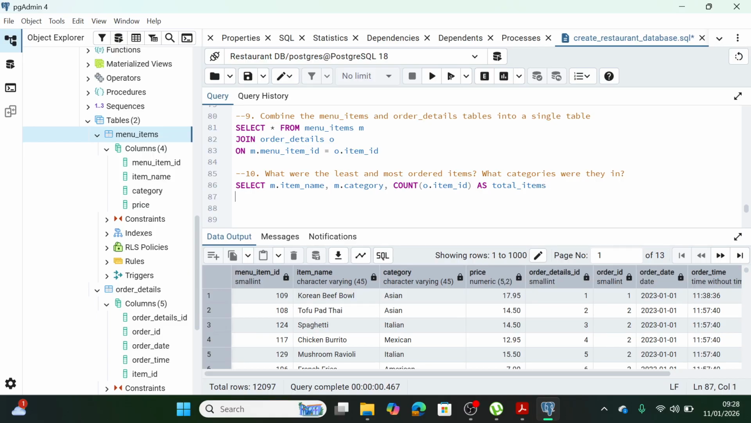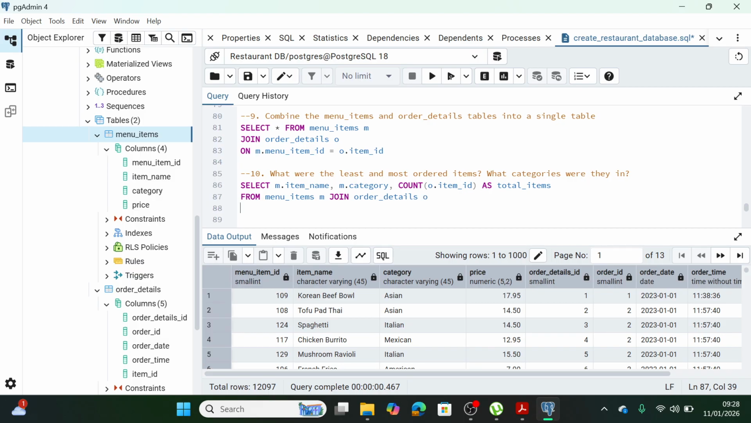Now the next thing you do, from menu items, let's give it M, join order details, call it O, right? Now on what they have in common, which is M dot menu item ID equals O dot item ID, right? Now we need to do group by,